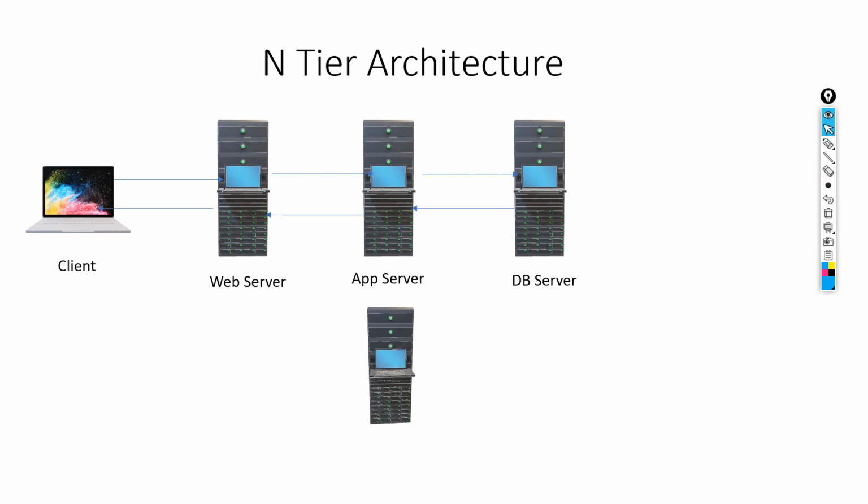And one more thing. Let's assume there are so many requests coming from clients, and the application server alone is not able to handle all the requests. Let's assume so many people are accessing Gmail at a time, and the application server is not able to process all the requests. In those cases, two things are possible. The first thing is they will add an additional application server.